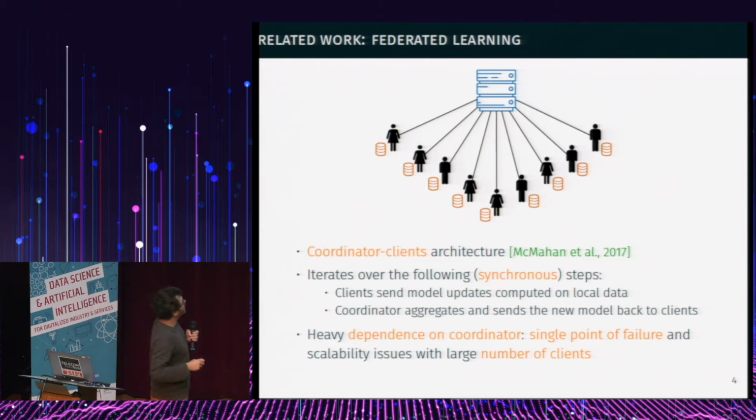And instead, we're going to sort of learn in a distributed way. Okay, so federated learning is maybe a little bit of a rebranding of what we already know as distributed machine learning, in a way. So the idea is that there's going to be a central server, a coordinator. This server is not going to ask for the data this time. It's just going to initialize a model that is then shipped to